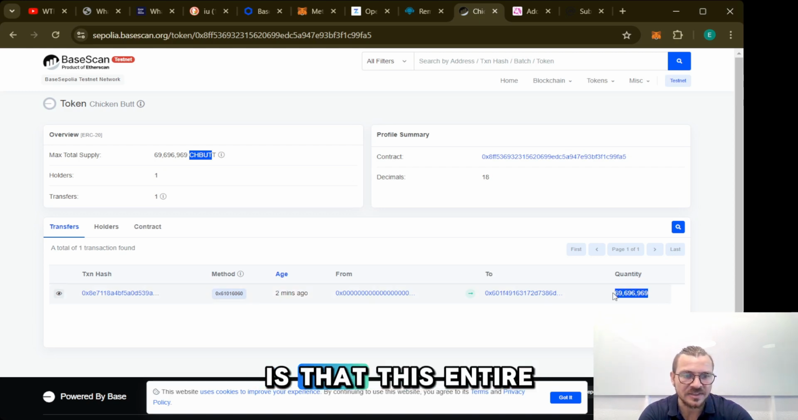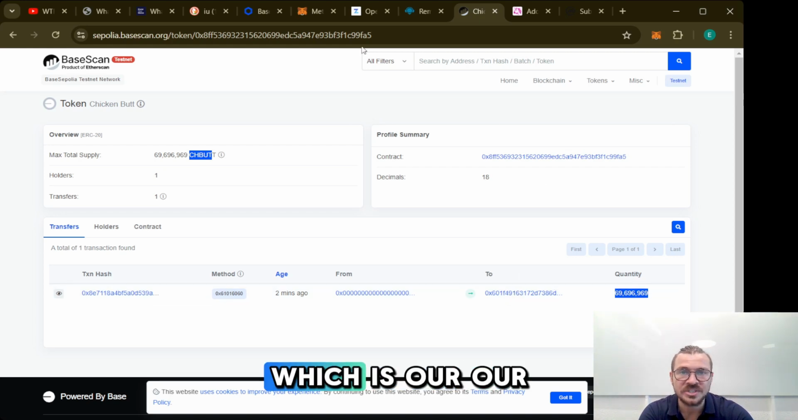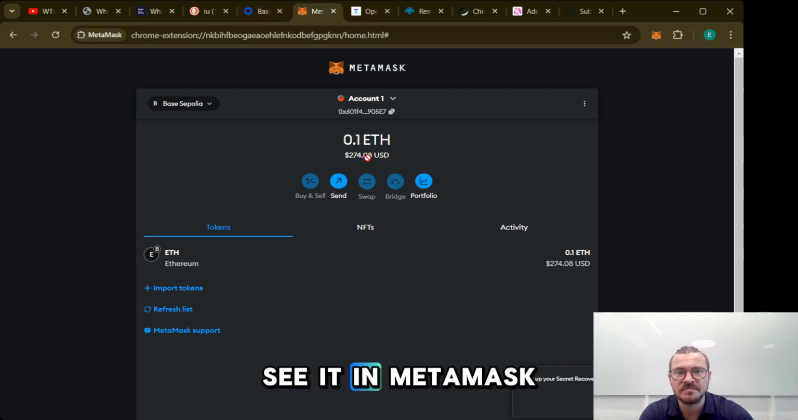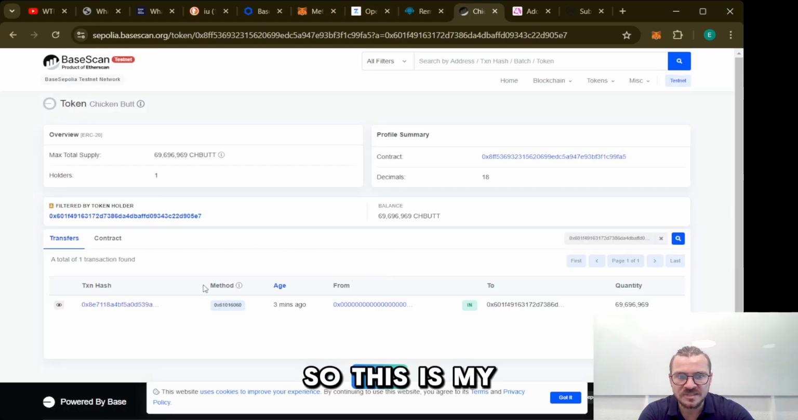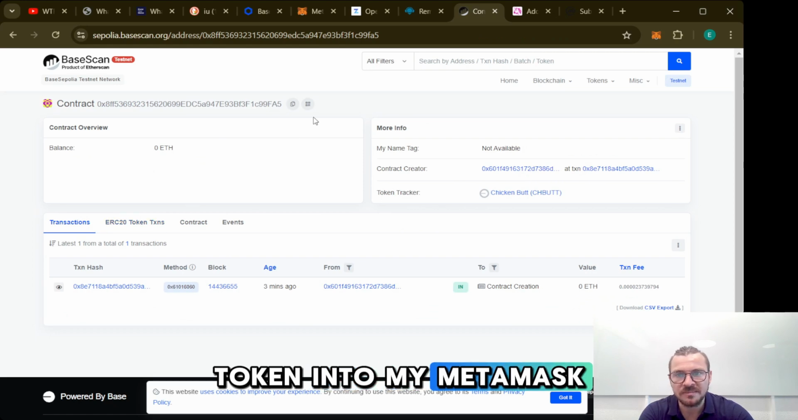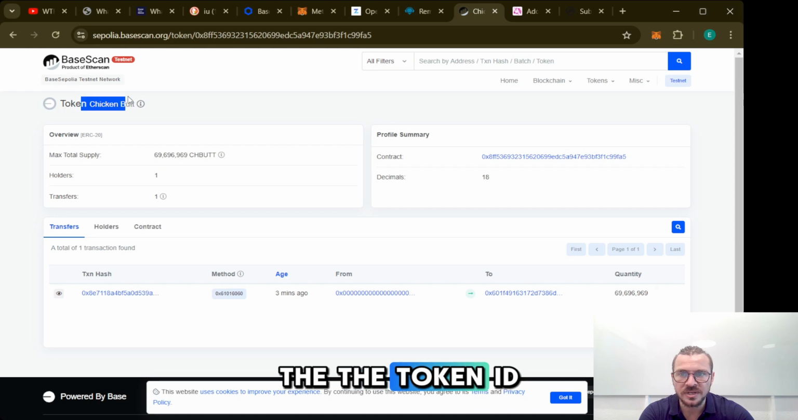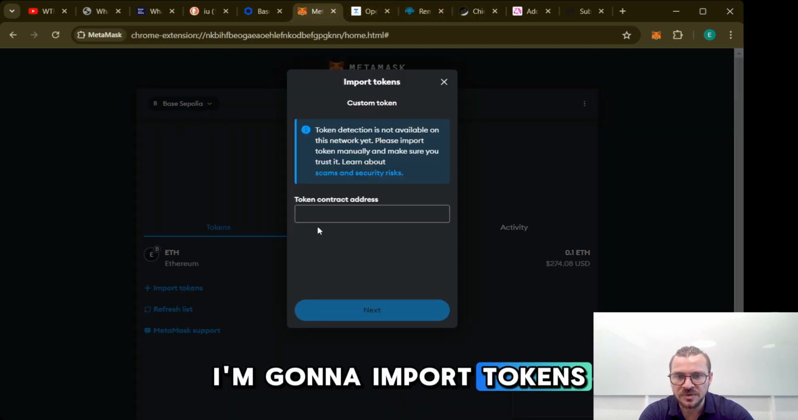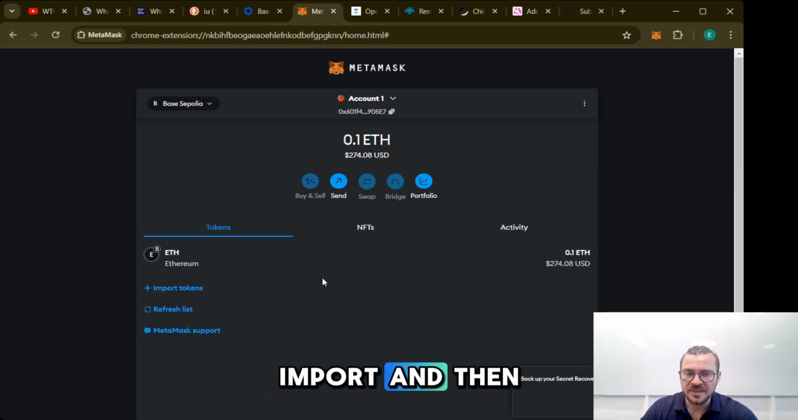What this is saying is that this entire 69, 69, 69, 69 was sent to this address, which is our wallet address. And if I want to see it in MetaMask, what I can do is go here. So this is my wallet. I'm going to add this token into my MetaMask. I can click the token ID, I can click the contract, go back to MetaMask. I'm going to import tokens, contract address, paste that there. Next, import, and then